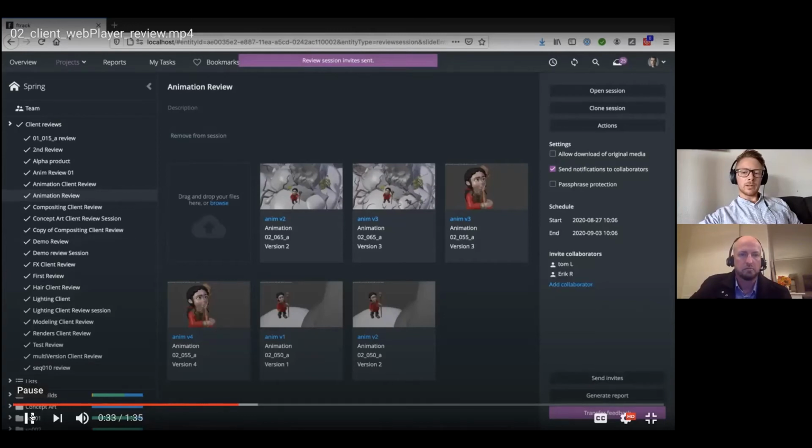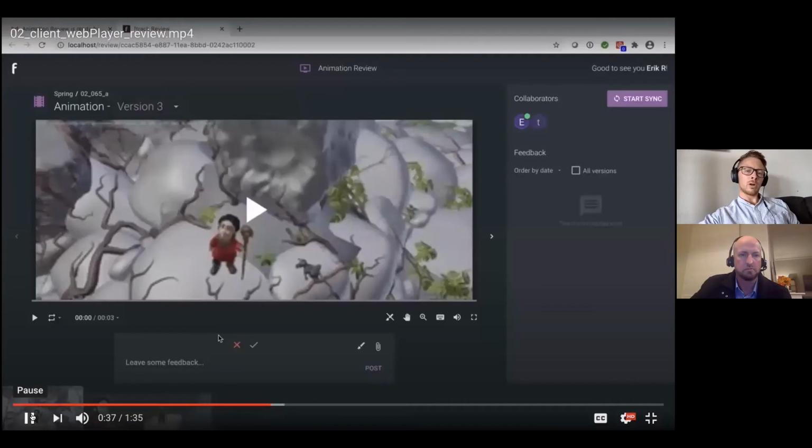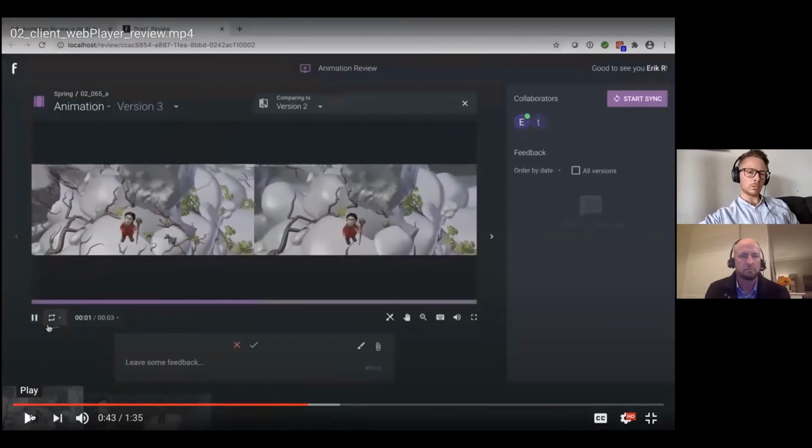Just a matter of clicking send invites, and everyone will receive an email with a link like this email that we have a screenshot over here, and you're basically taken into something that looks like this. It's very similar to the internal tool you saw before, but we have basically removed all the internal information you can see on the right-hand side. You instead just have a feedback pane, just a way to add feedback or read feedback, but the tools in general